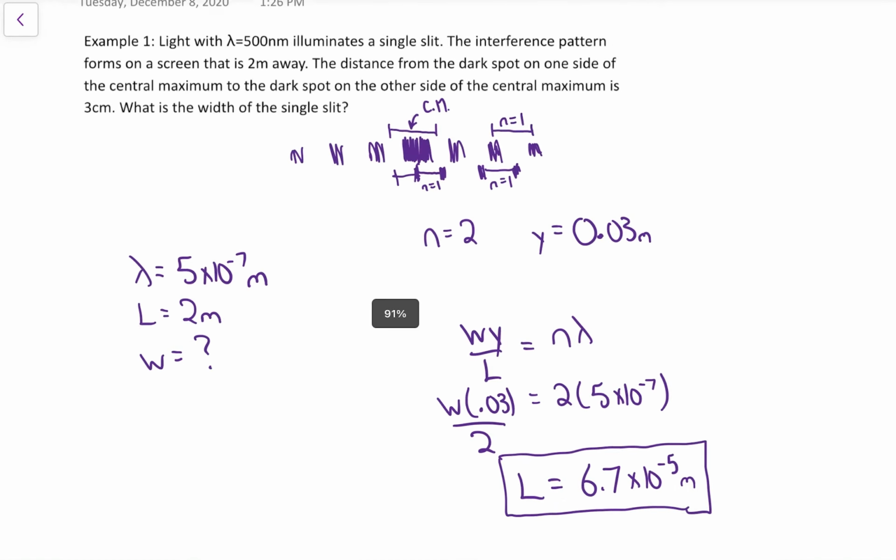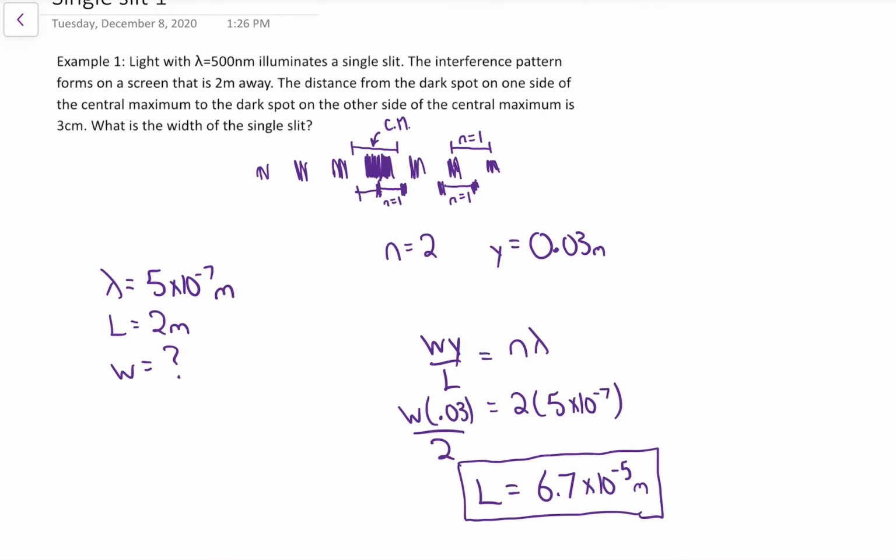So in a way it's similar to doubles and gratings, just we have to do a little bit of thinking because that